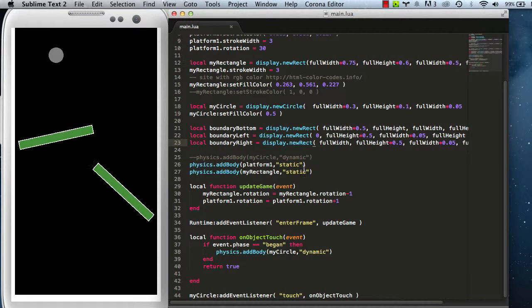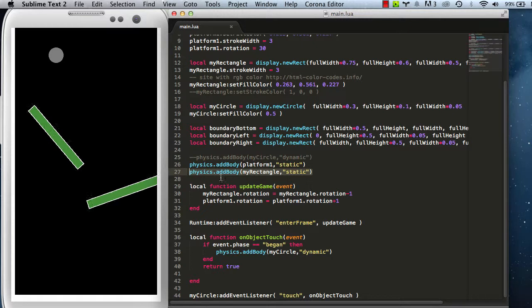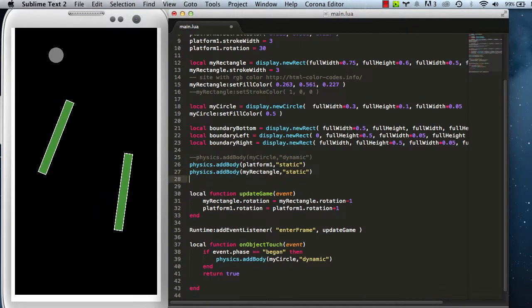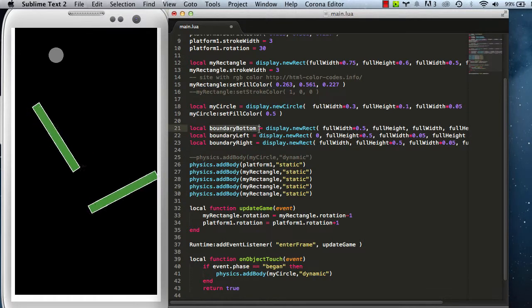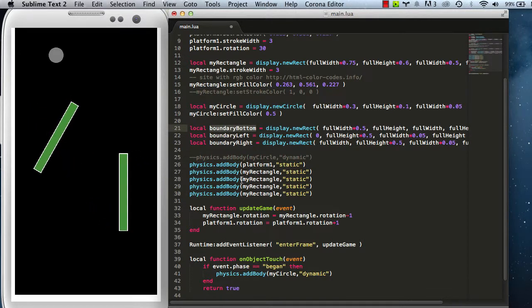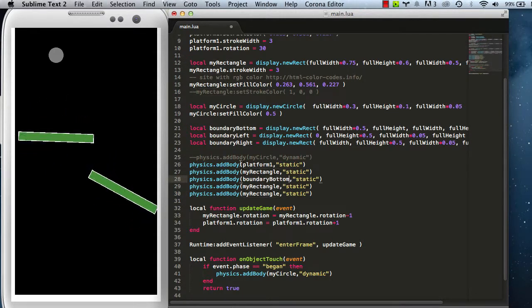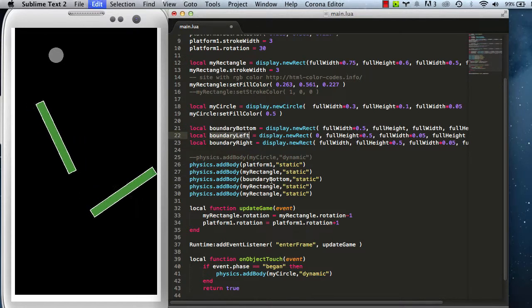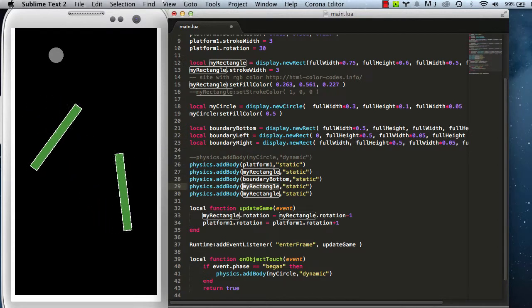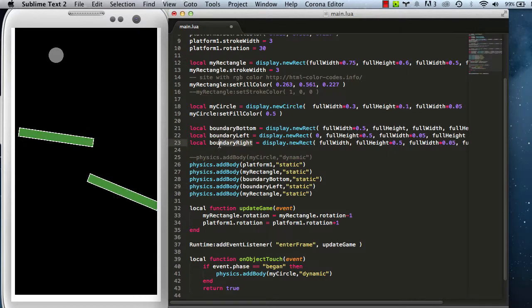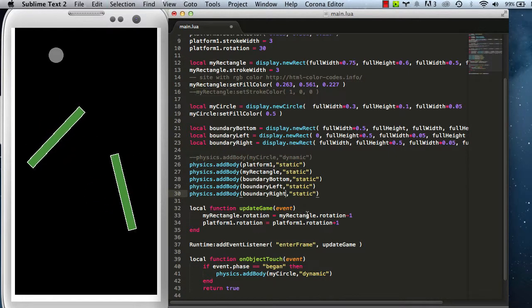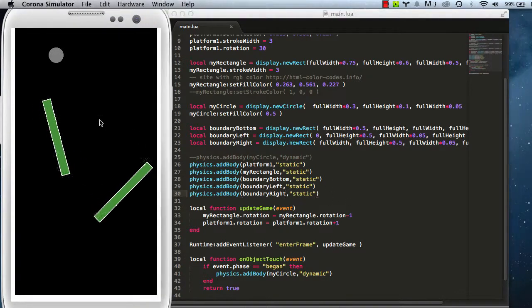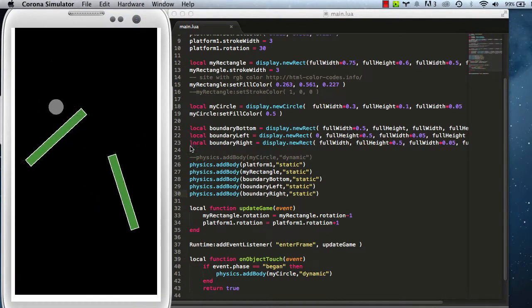We just need to add physics to those, so let's add static physics to those. 2, 3, and let's add the names of them here. Boundary left, and finally boundary right. Let's save that and let's see how that comes out, and let's start this circle, and hopefully it should bounce